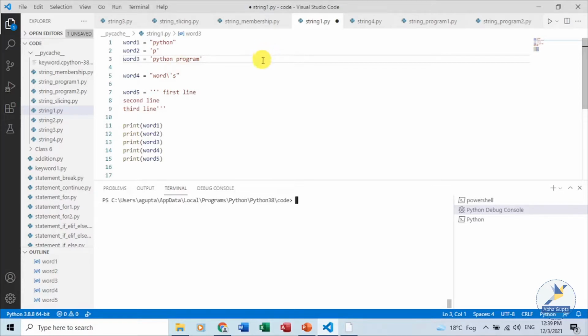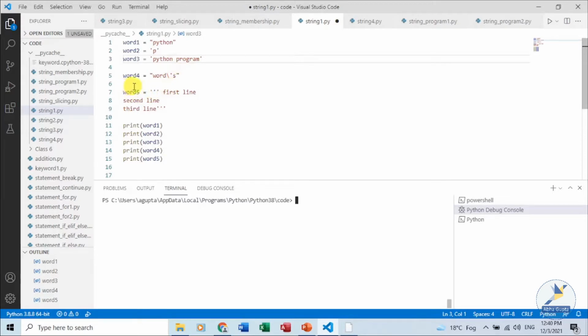Python does not support a character type. Single characters are treated as strings of length 1. A space given in a string as a character is also of length 1. If we want to insert quotes in a string, we need to include a backslash character in front of them.